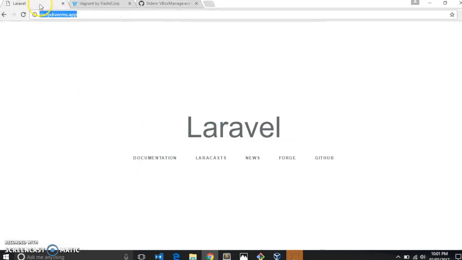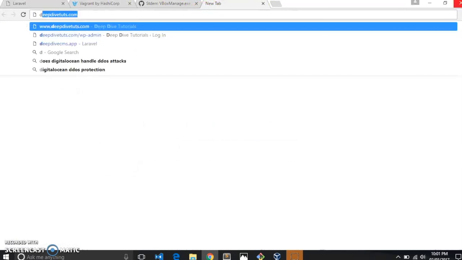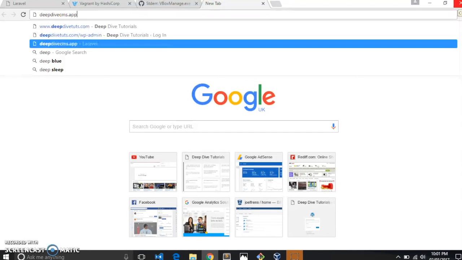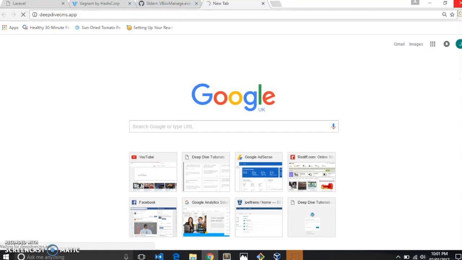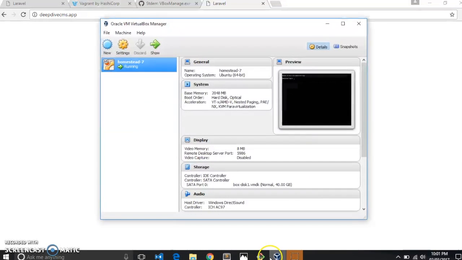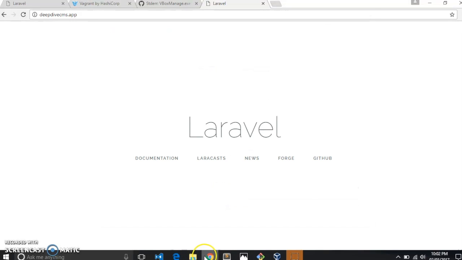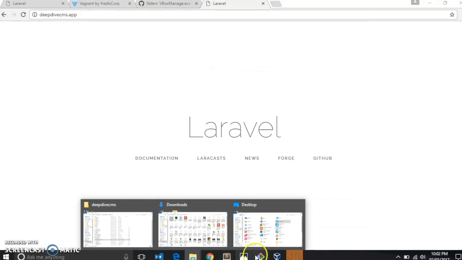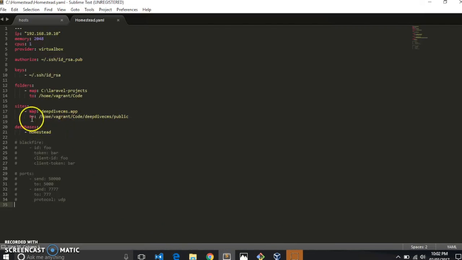So let's go and check if a site has been set up. If I just type deepdivecms.test, we should see the default Laravel framework installed on the system. You can create multiple sites over here. So if you want to create another